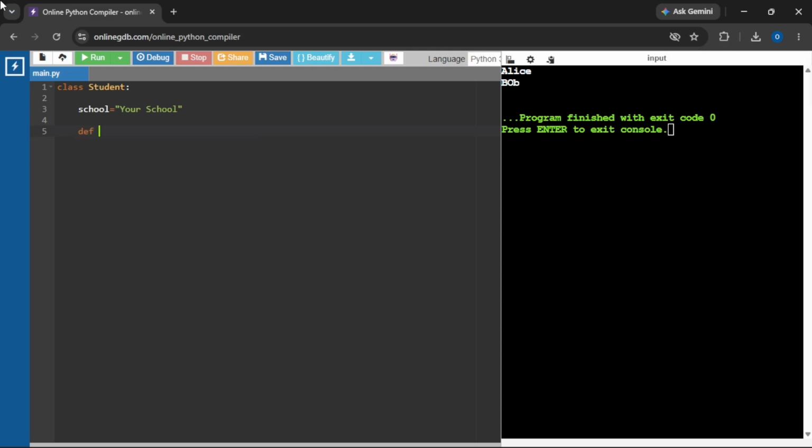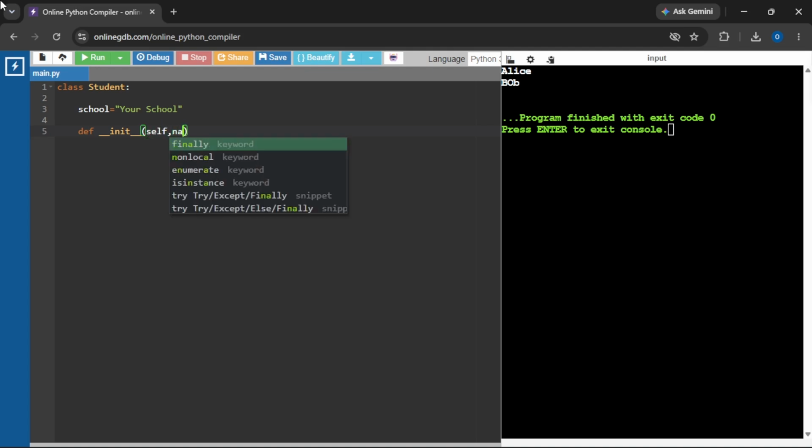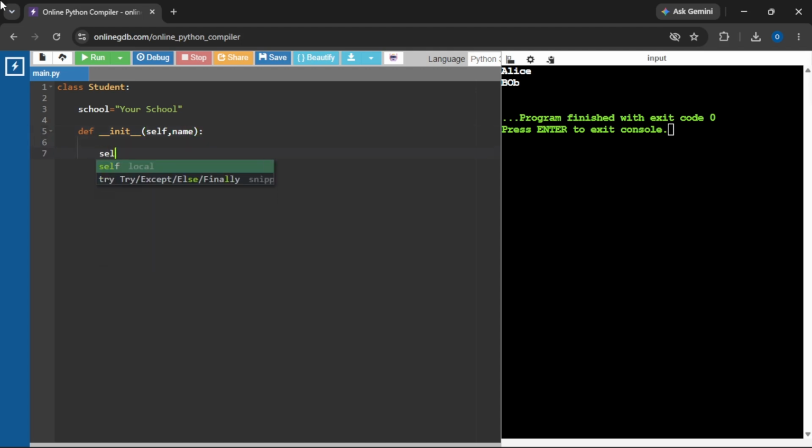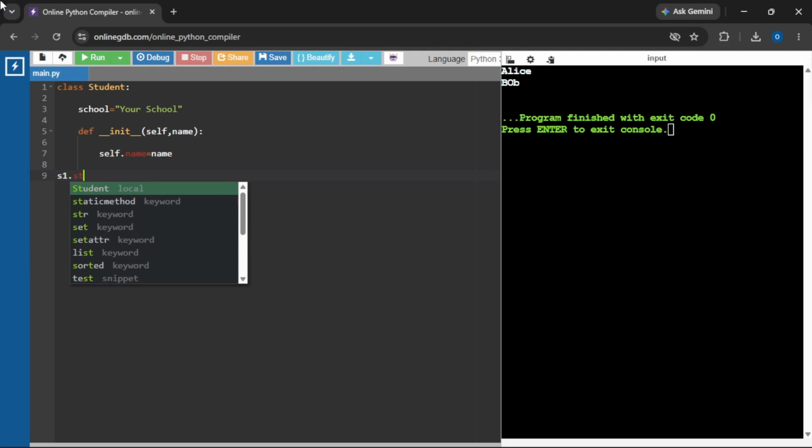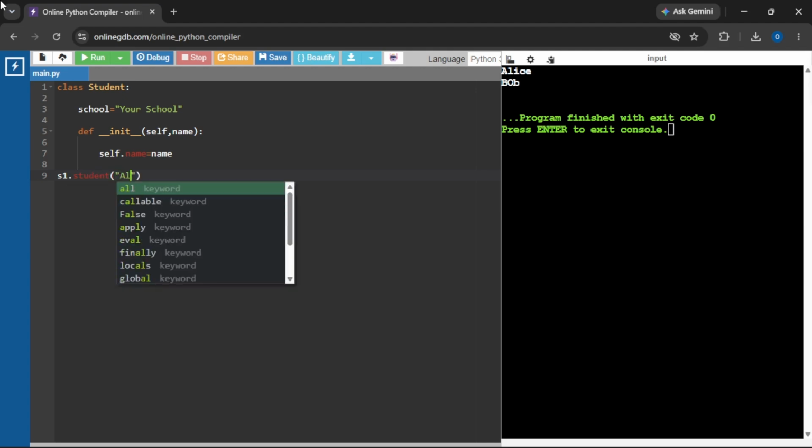def __init__(self, name): self.name = name. Then s1 = Student("Alice"),